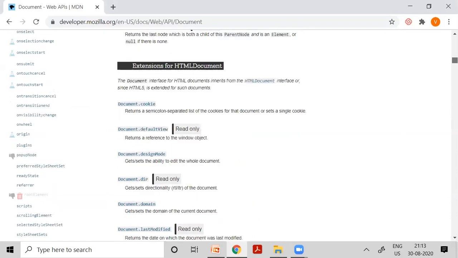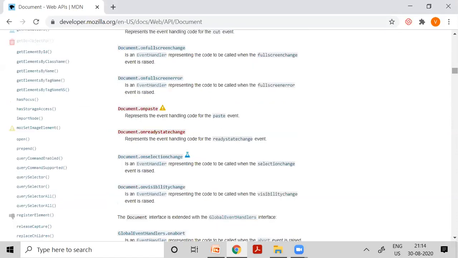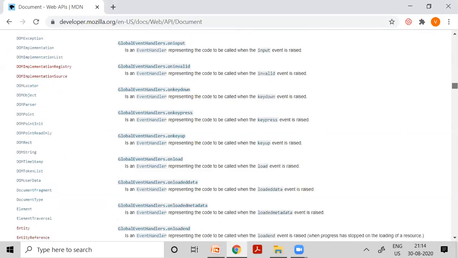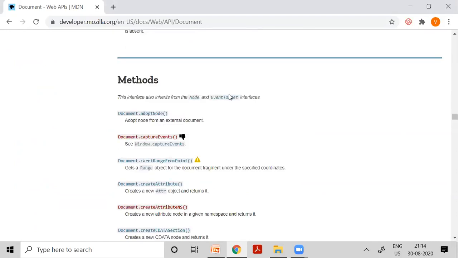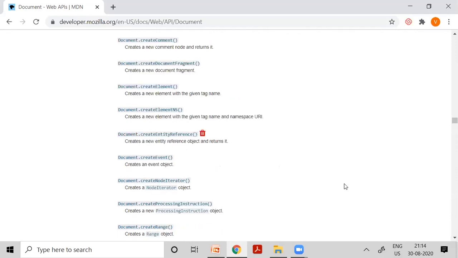There are many properties associated with the document object. And you can see methods also, methods associated with the document object. These are document.adoptNode, document.captureEvents, document.caretRangeFromPoint. As you can see, there are many objects and methods and their properties associated with the document object model. You can visit